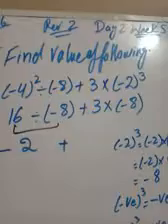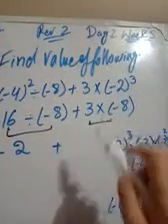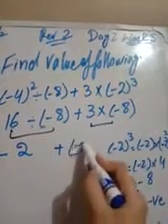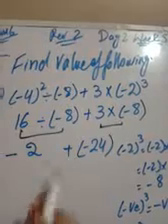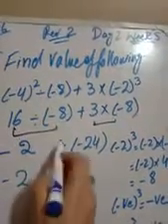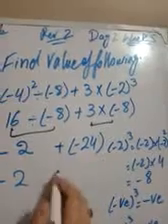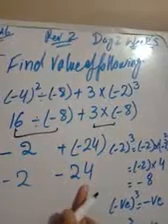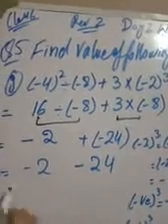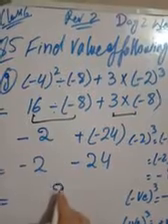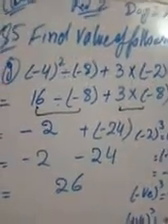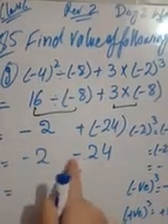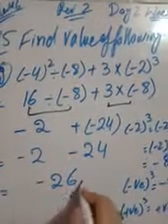Plus sign as it is. Apply here the rule of product. As the product of two different signs is negative, so it's a minus 24. Here is a positive sign. When a positive multiplies with a negative, it gives a negative, and it's a minus 24. Now minus 2 and minus 24 both have the same signs. The values of the same sign should be added, so add them. It gives a minus 26. And in the answer, the sign of the bigger value will be placed, and 24 is bigger and it contains a minus sign, so place a negative sign in the answer.